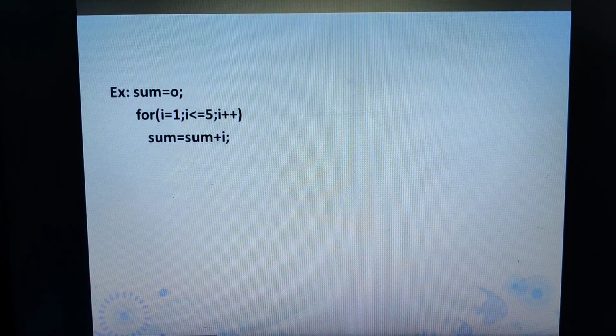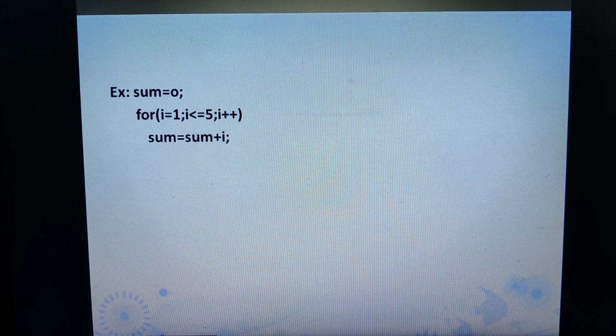I hope you are able to understand this. Comparatively, the for loop has been asked more often in the annual examination than do while and while. So explain briefly the for looping construct. In that case, explain why it is called a fixed looping structure, explain how it works, write the syntax, draw the flowchart, and give one programming example. Simple programs you can code are the factorial of a given number using a for loop, or printing the first n natural numbers using a for loop. These are some simple programming examples.